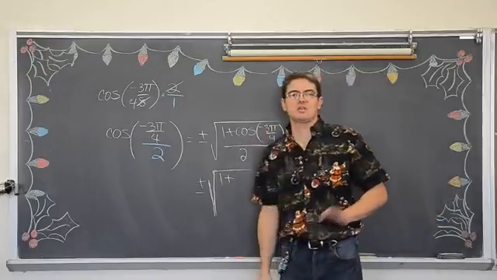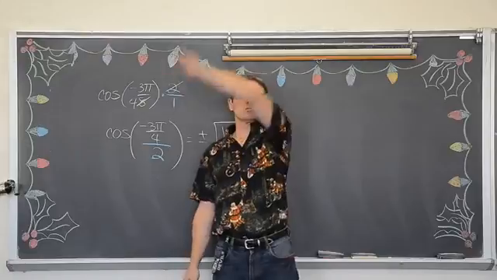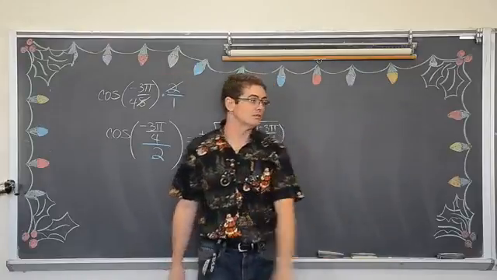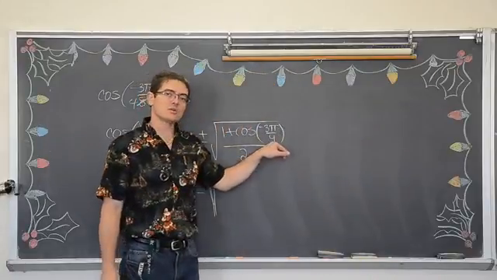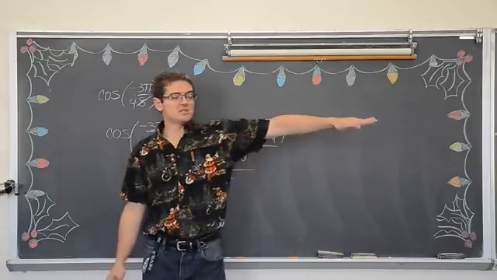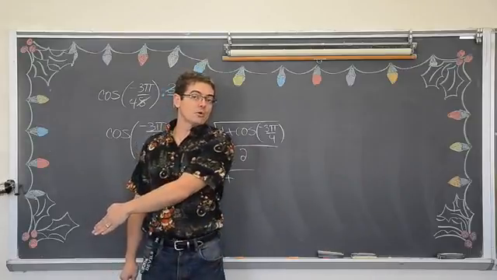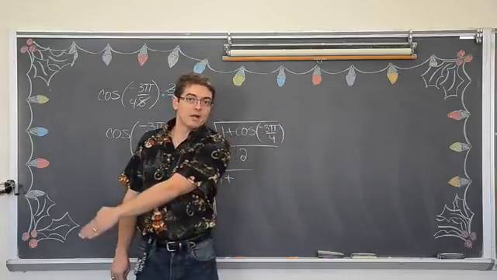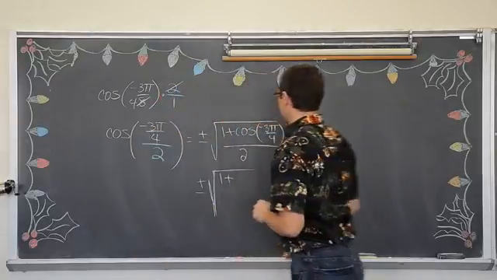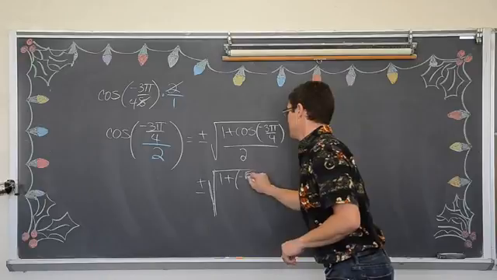Now that's a negative rotation, which means we're not going to go in a counterclockwise direction. We're going to go in a clockwise direction. And any radian measure on the unit circle with a denominator of 4 is a multiple of like 45 degrees. So it's going to be 0, negative 1/4, negative 2/4, negative 3 pi over 4. So the cosine of negative 3 pi over 4 is negative square root of 2 over 2. So plus negative square root of 2 over 2